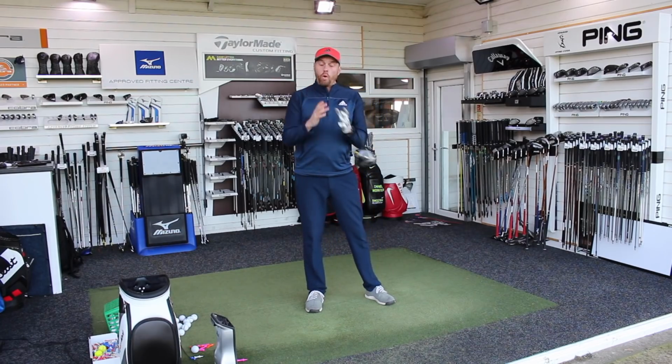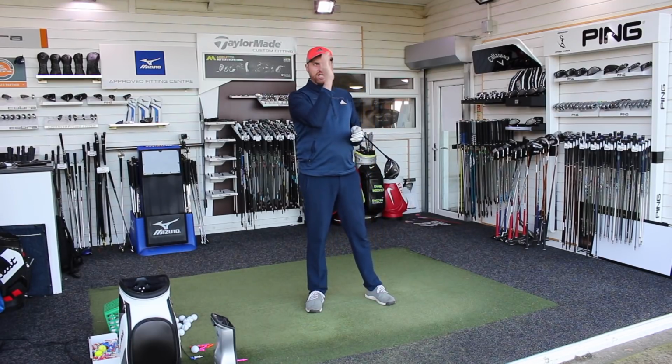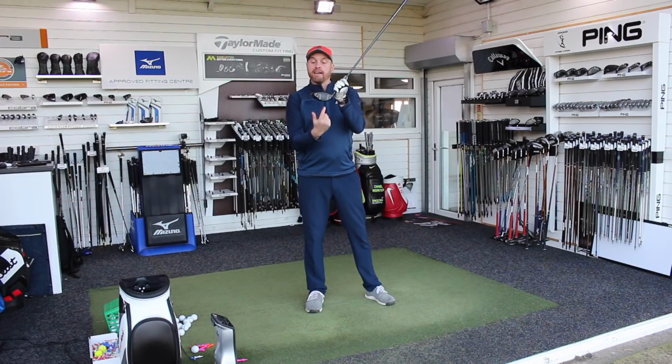Right then guys, so we'd all love to be hitting driver more like that, and even though that wasn't dead straight, because we're always going to see an element of curvature on the golf ball, it was long and it was nice and accurate. And one of the biggest things for me is obviously making sure you're as efficient as possible with driver, and the big key there is making sure that you hit the ball out of the middle